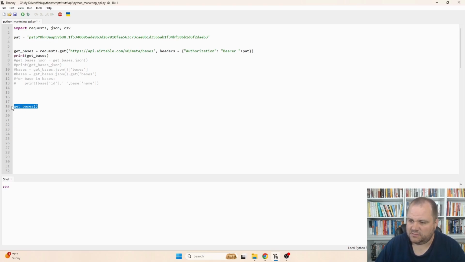And actually I can get rid of this. This is calling a function from before, so ignore that. The first thing that we have here is the getBases variable, and I'm using that request library